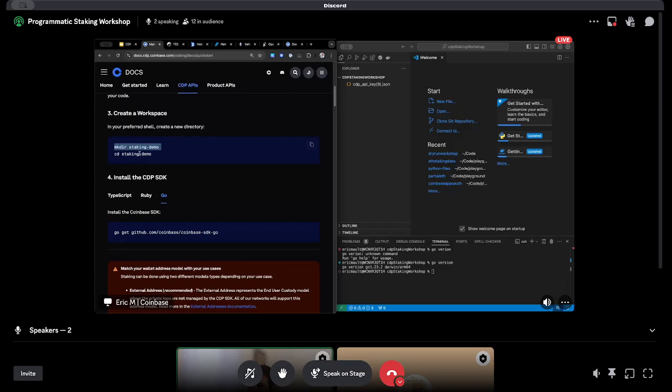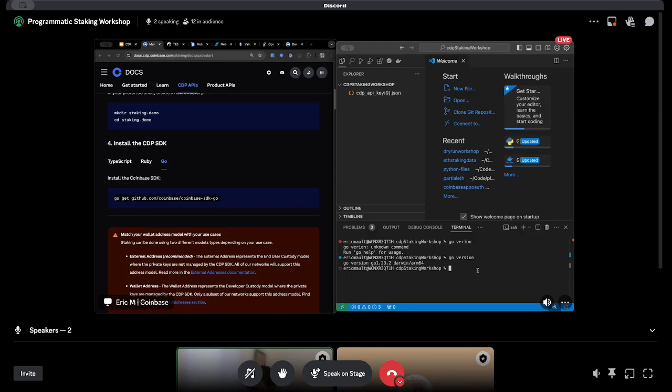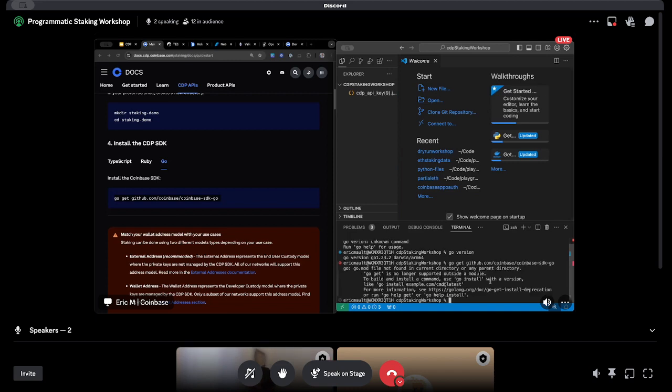So I already made a new directory. It's called CDP Staking Workshop. And then again, we're going to want to download the Golang SDK. I'm just going to zoom in a little more just in case. Maybe we can hide this as well. Let's initialize first. It's going to run go in